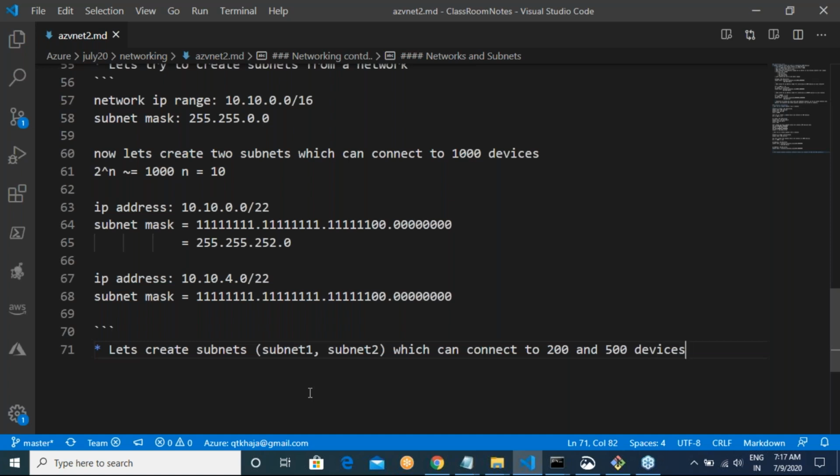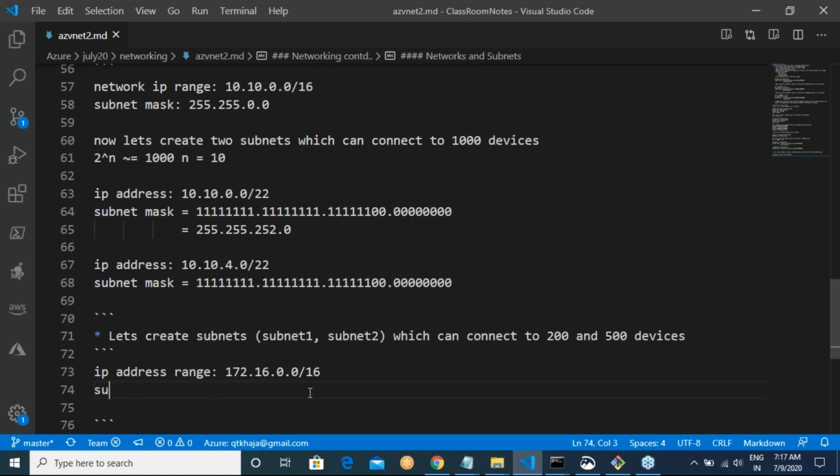Both are not the same this time. So let me try to take another private range. The IP address range for my network is 172.16.0.0/16. This is what I've taken.